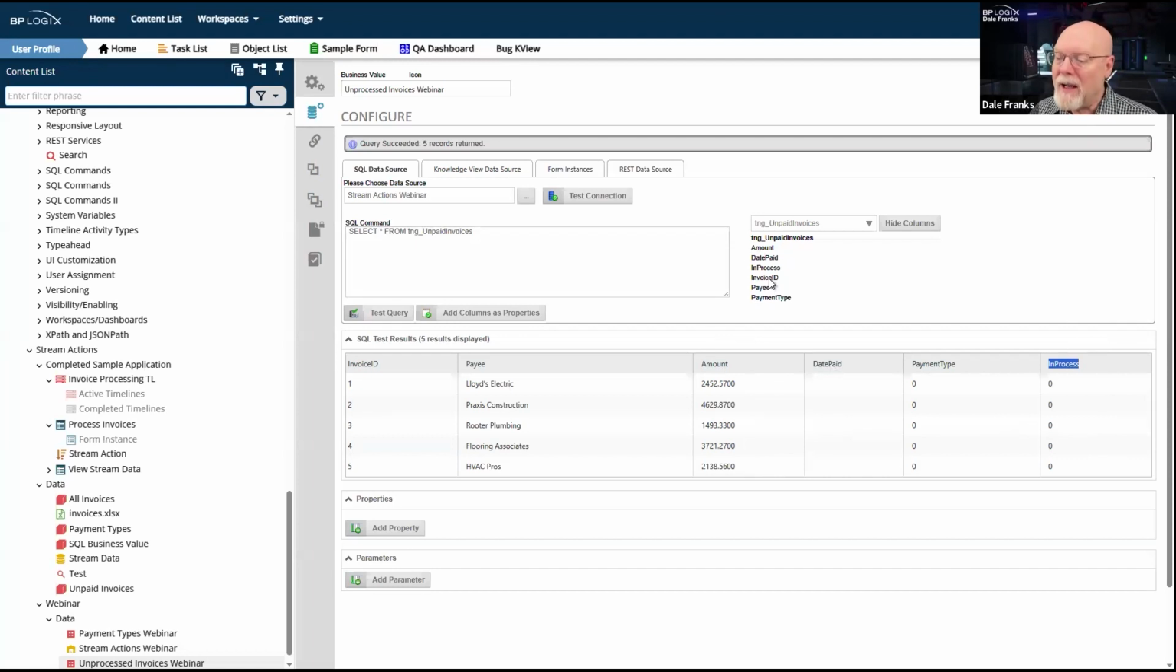First, I know that I need the invoice ID. So I'm going to do a little copying and pasting to replace this star with invoice ID. And then I'm going to need the amount. So we'll stick the amount in there and a comma. And then I'm going to need the payee. We'll put that in there. So I'm going to select the invoice ID, amount, and payee from unpaid invoices, where, and this is kind of important, where in process